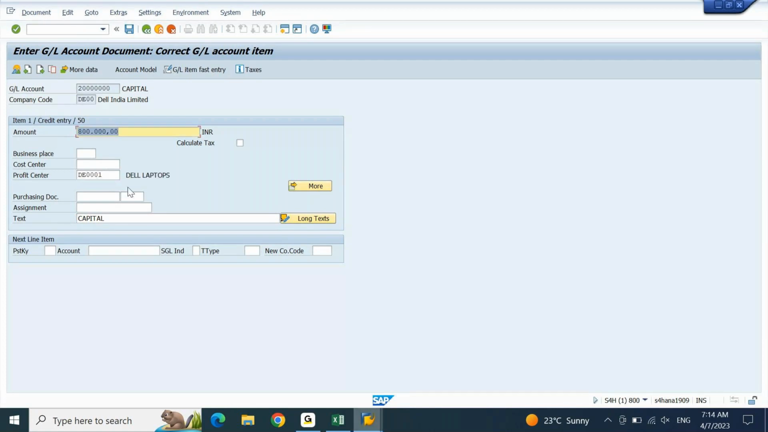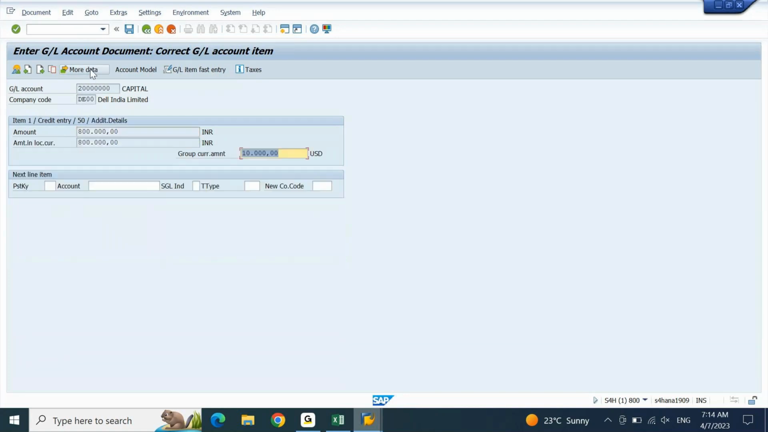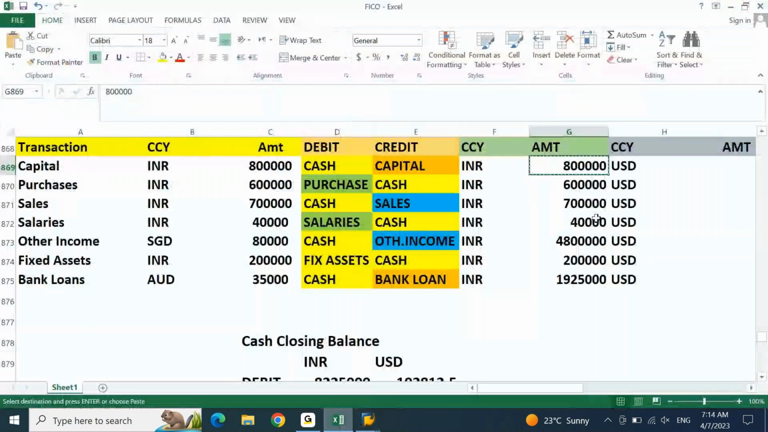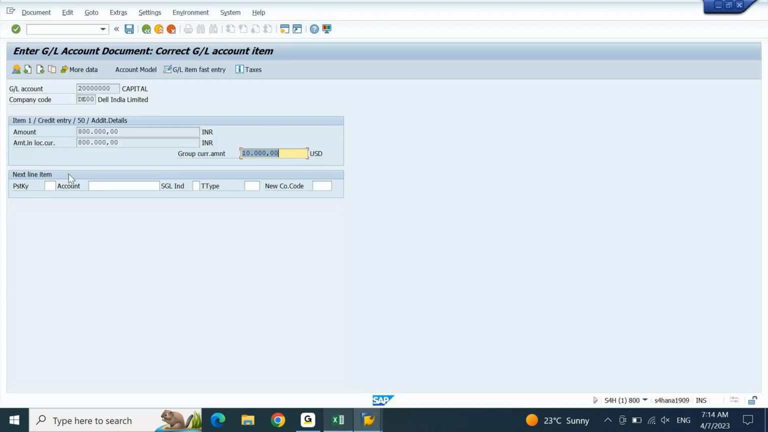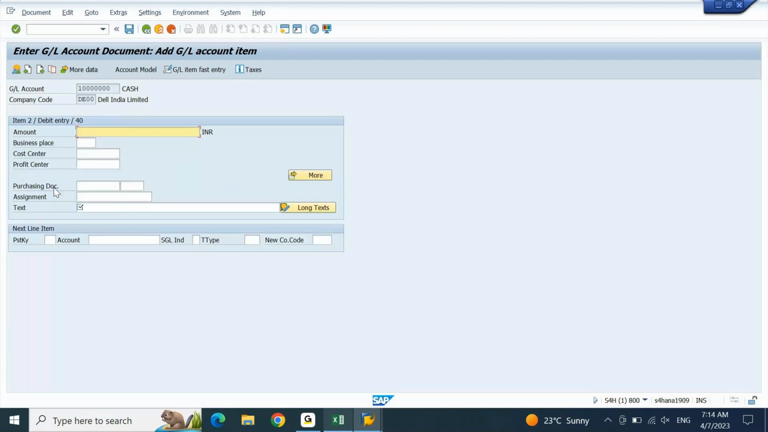Now after giving this, what you do, you can click on more data. If you click on more data, you will see the group currency amount which is converted by the system, 10,000. Is this correct according to our calculation? Dollar. Yes. Yes, sir. Now we have given a credit, let's give a debit. Debit we have given to cash account. So I'll take cash account, 1, all zeros. Star to bring the same amount,